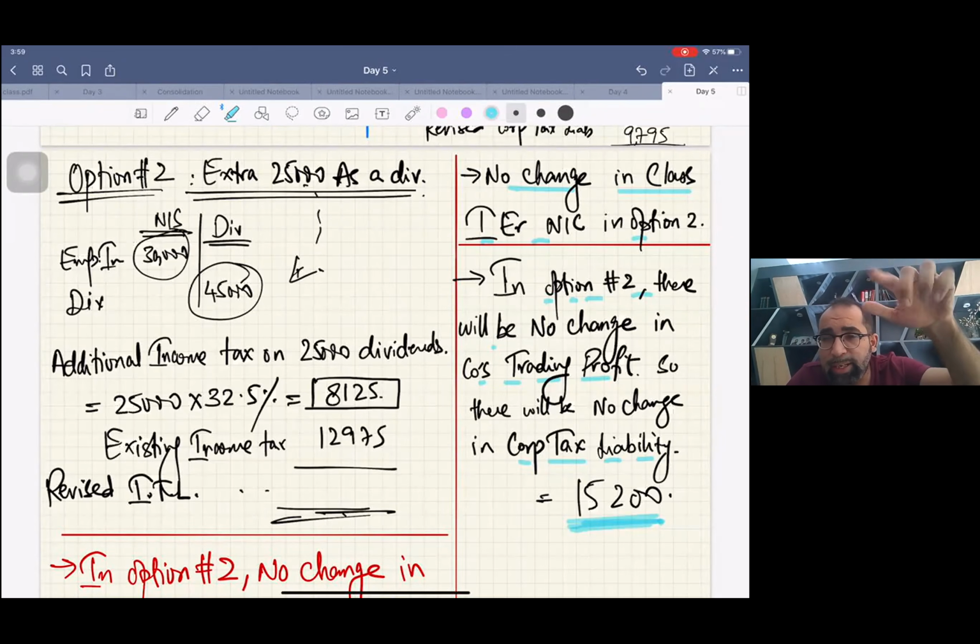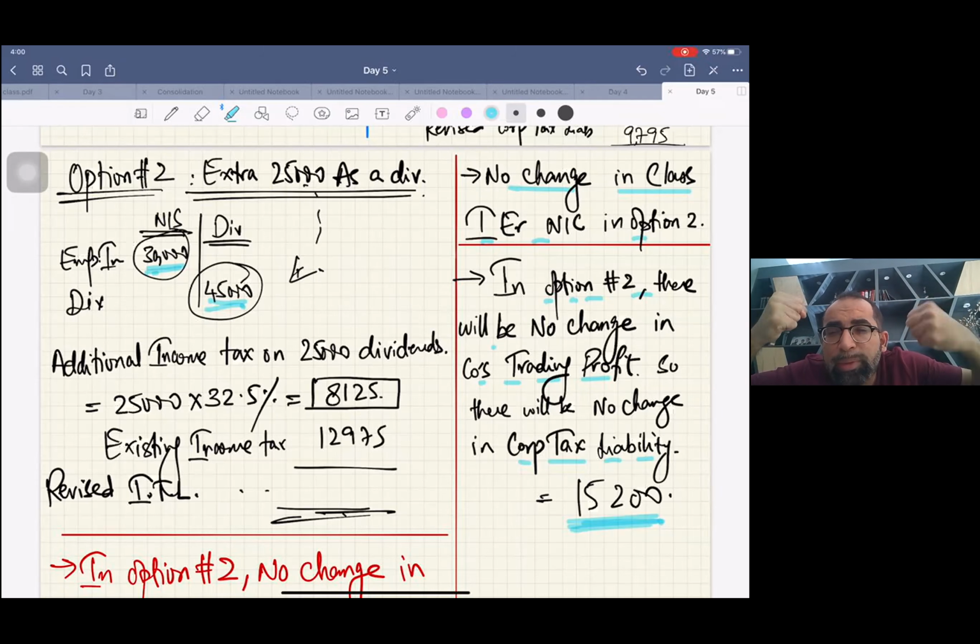Now that lady will receive 25,000 extra dividend. The existing package of Kaya was 30,000 employment income and 45,000 dividend income. Just use your brain: 30 plus 45 is almost 75. That means if you consider these two existing incomes, she has already used the basic rate band